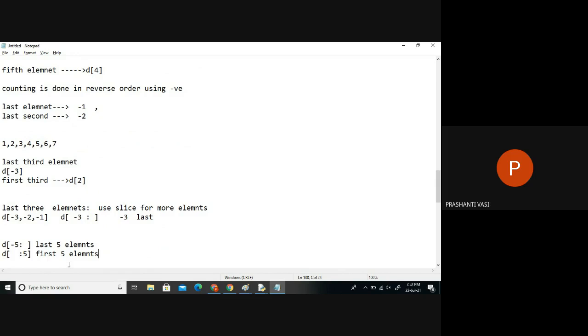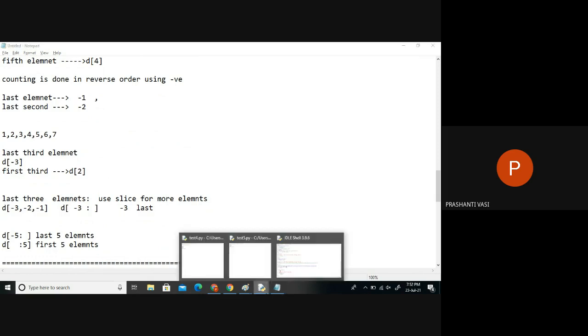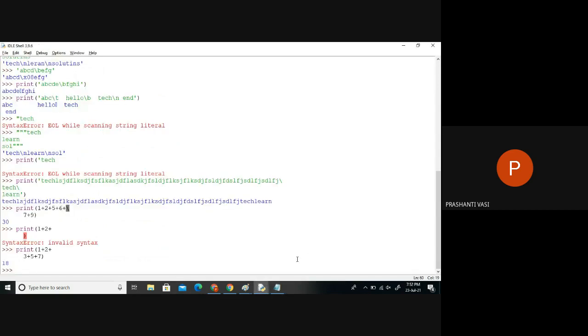So this operator is only used for slicing a part of the data, right? Any confusion till here? No more. We'll be using this in real time, so tomorrow I'll show you practically on real-time scenarios. Whatever I taught, you can test it today itself. Just take a small list.